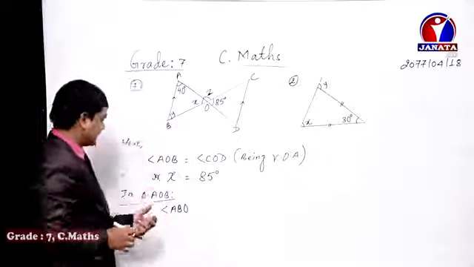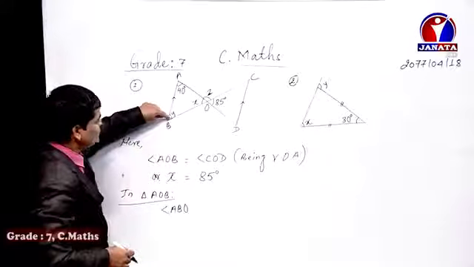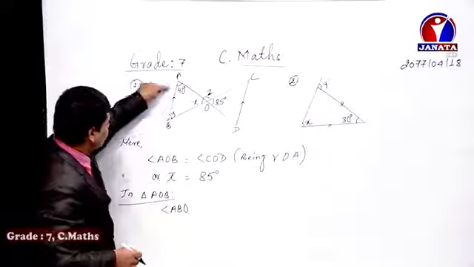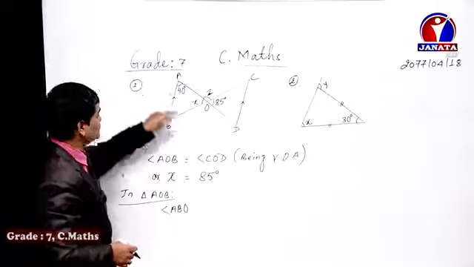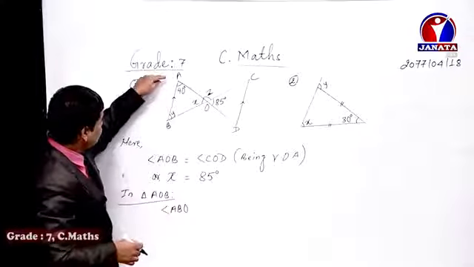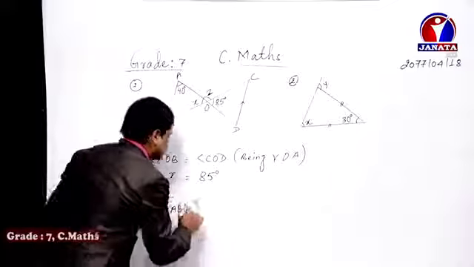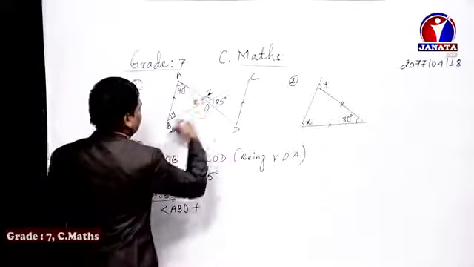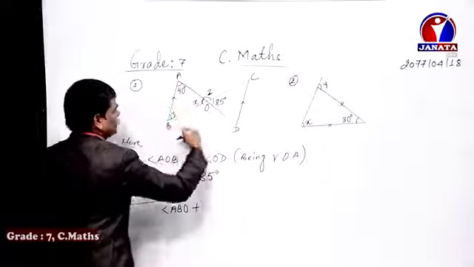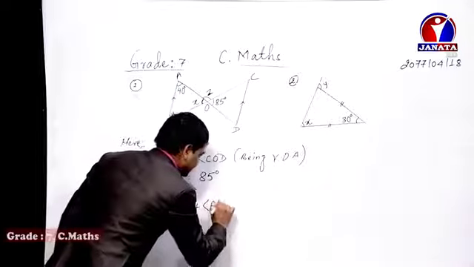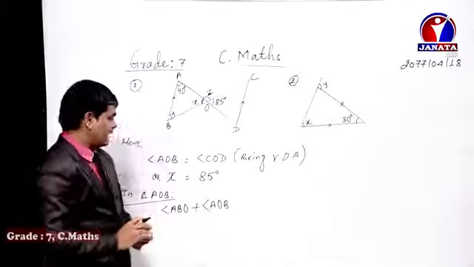Same like that in triangle AOB. In triangle AOB, if we are going to represent this angle, then we need to write either angle ABO or angle OBA. As alphabetically A comes first in comparison to O, I have written angle ABO here. Similarly, if you have to represent another angle, AOB or BOA, you can write it as angle AOB or angle BOA. I am going to write AOB because A comes first in comparison to B alphabetically.